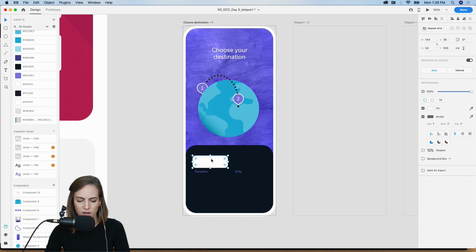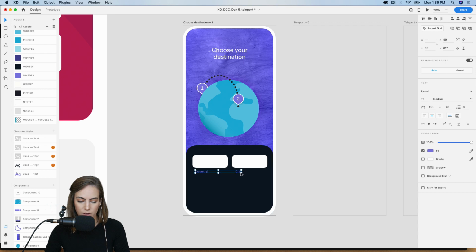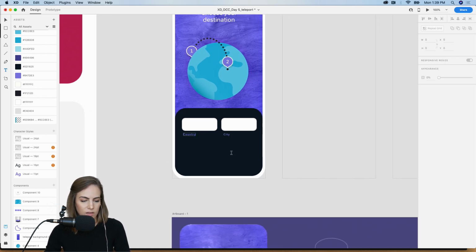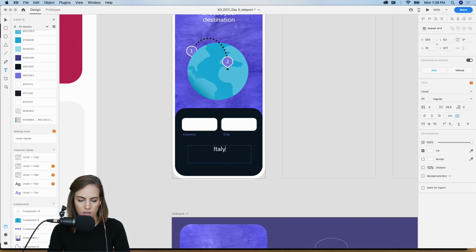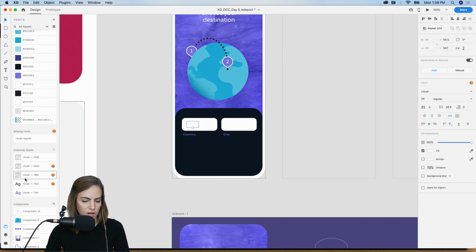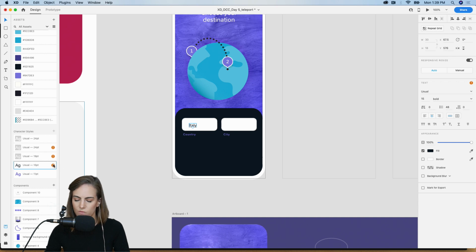Like that size. And then I'll make this repeat grid. I really just want 2, so they can be pretty small. And then I'll move these over a bit. There we go. And then I'll just type in Italy for the country. Put this right there. Make this 15 points. Copy and paste that. And for the city, we'll say Capri, Italy.